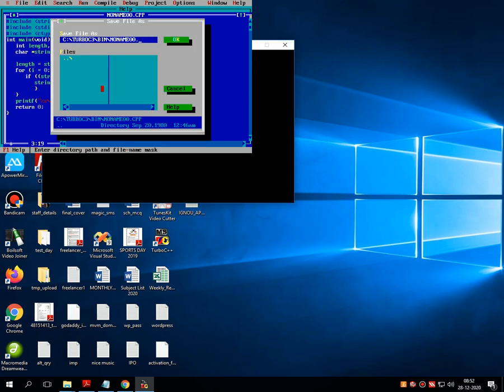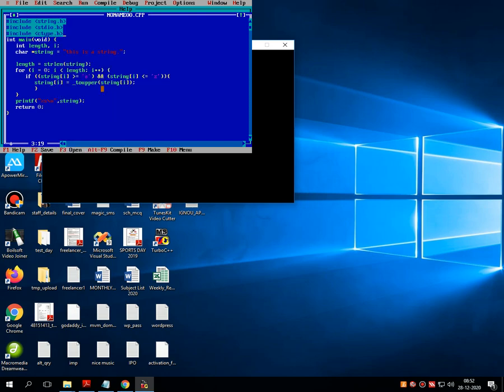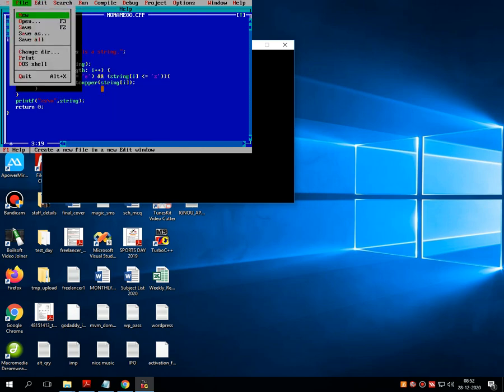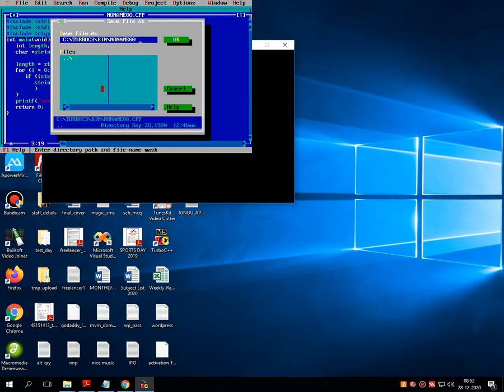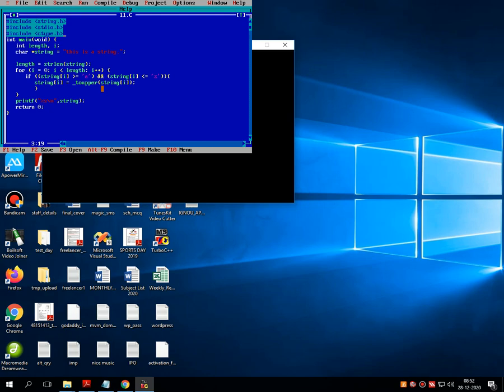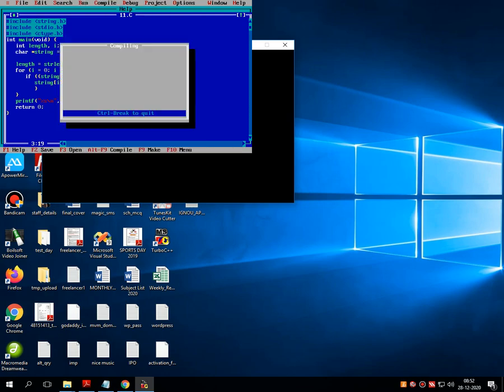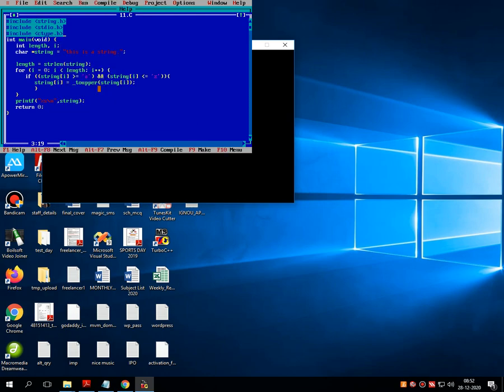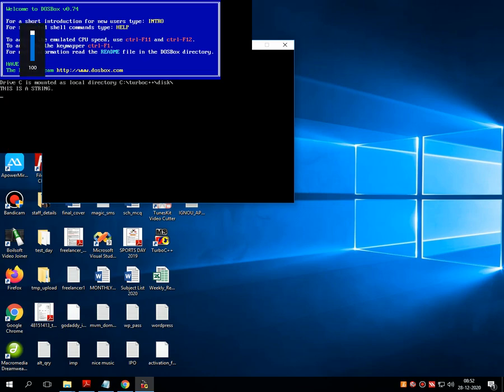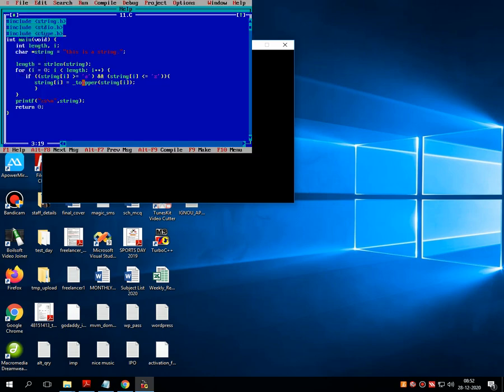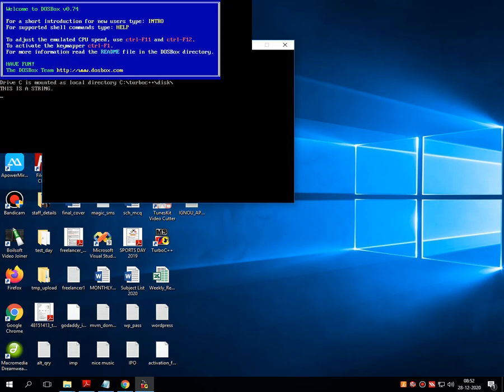Let me save this program as 10.c. Oh, 10.c is already available. Let's save it as 11.c. I'm executing the code and let's see the output. This is a string.